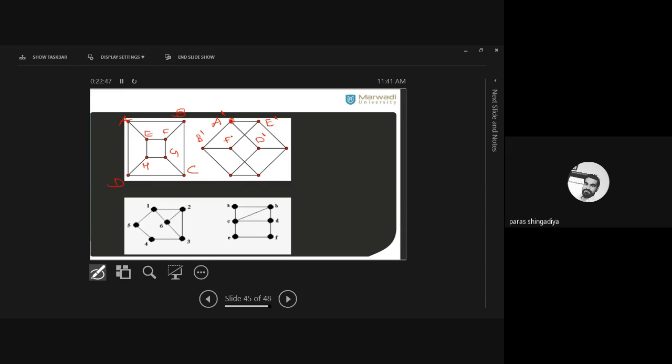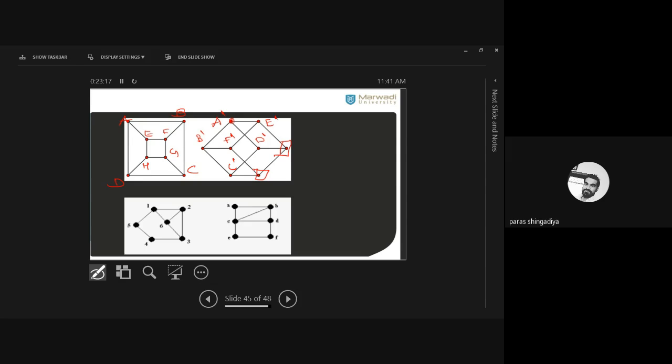It is the place of F dash, and that will be the place of C dash. Now you can see it is verified. Clear? Here E and F are adjacent in the first graph. So here F dash and E dash should also be adjacent. Clear? And here C and D are adjacent. So here C dash and D dash are also adjacent. Clear? Now for the remaining two vertices, yes, these are the remaining.